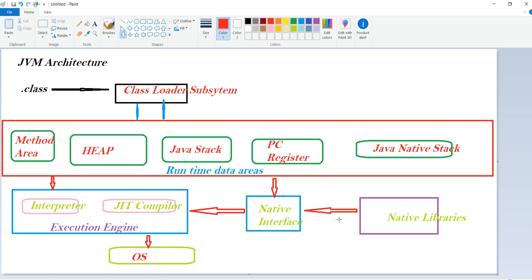It's common everywhere. So now we'll see each and every word in detail.